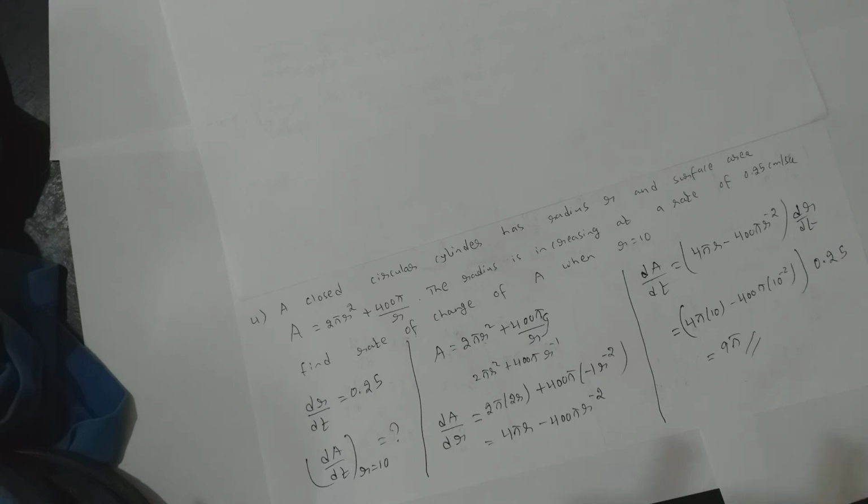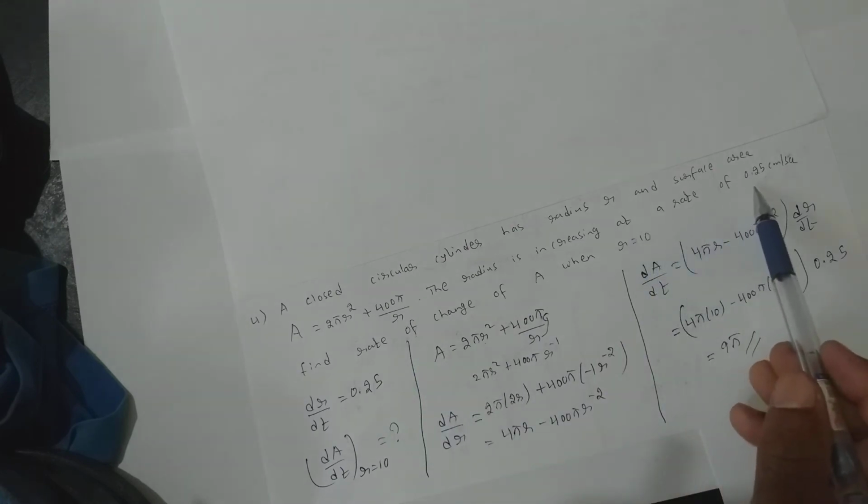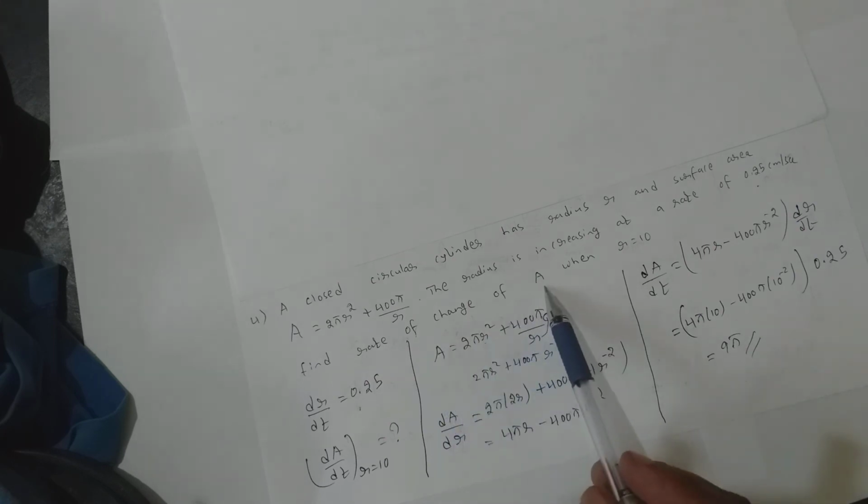Look at it one more time. First, rate of increase of r is given. That we wrote. Rate of change of A, at which value for r? When r is 10 is the question. Then given A formula is this much. Directly I couldn't differentiate, so I am taking it up. Now I can get it. dA by dr is for r square it is 2r, for r power minus 1 it is minus r power minus 2. 400 into minus 1, minus 400 I get.